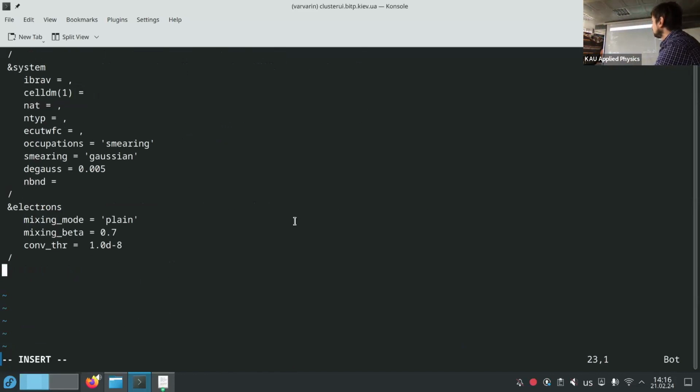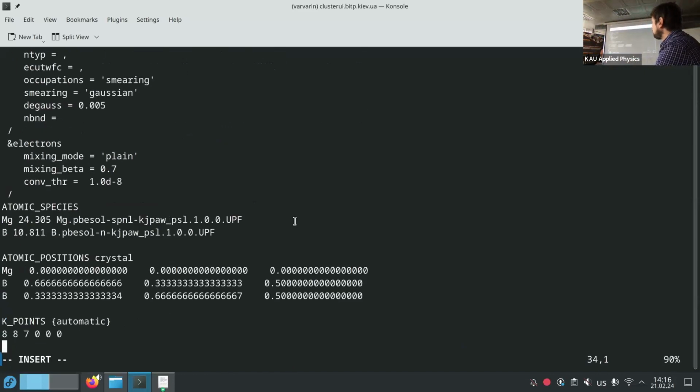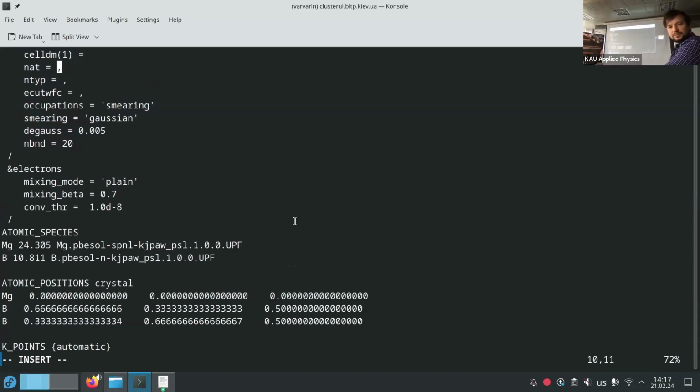The number of bands was 1. The only difference is in the k-points: 3, 2, 7.